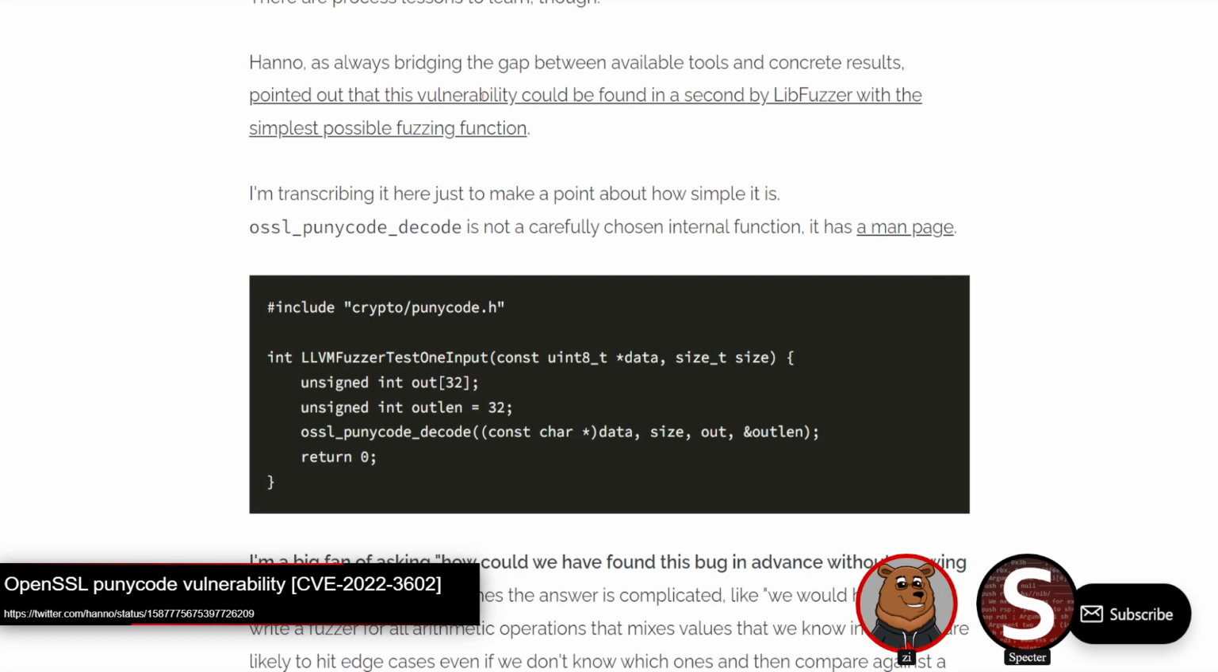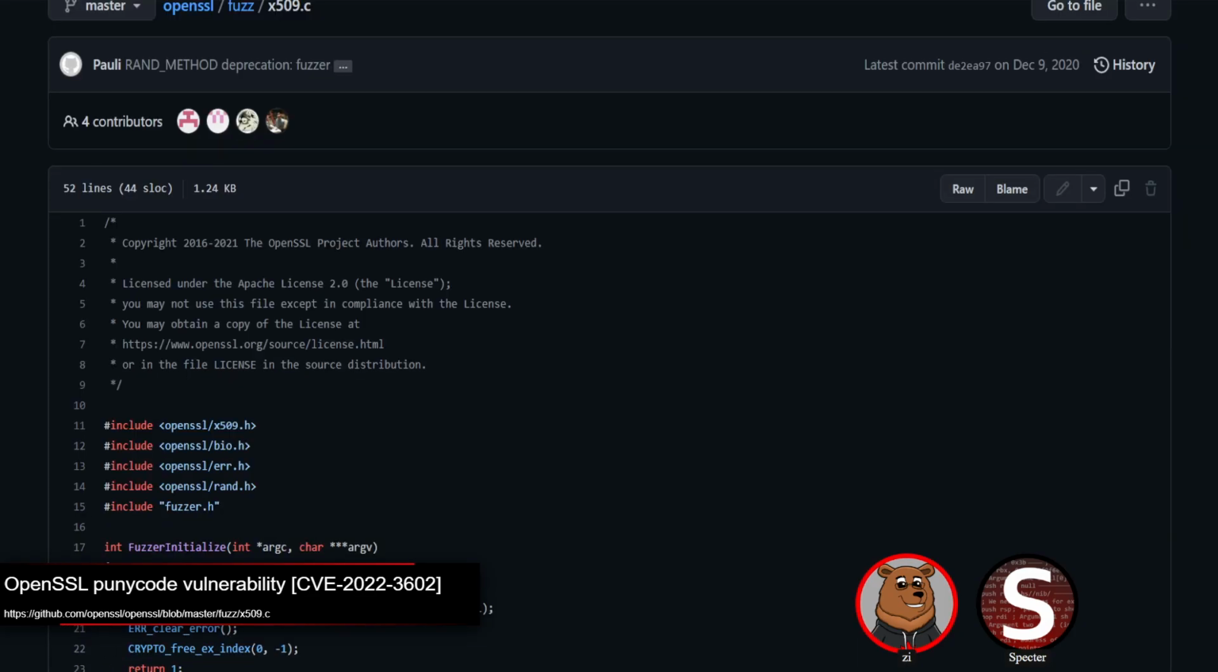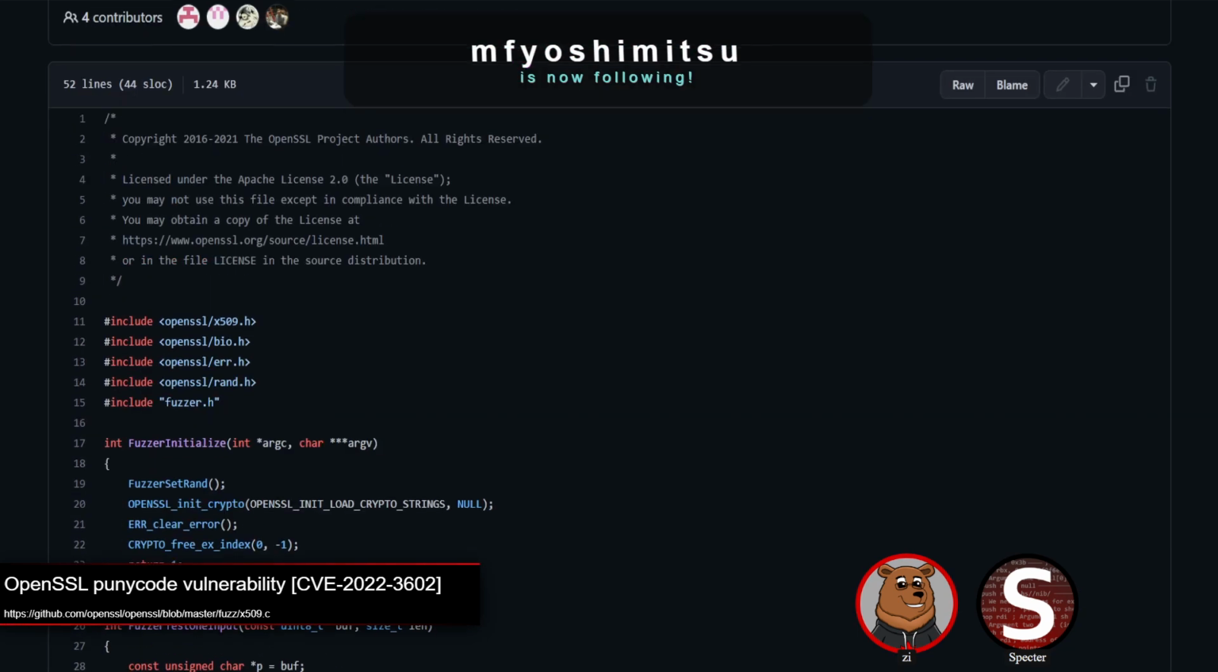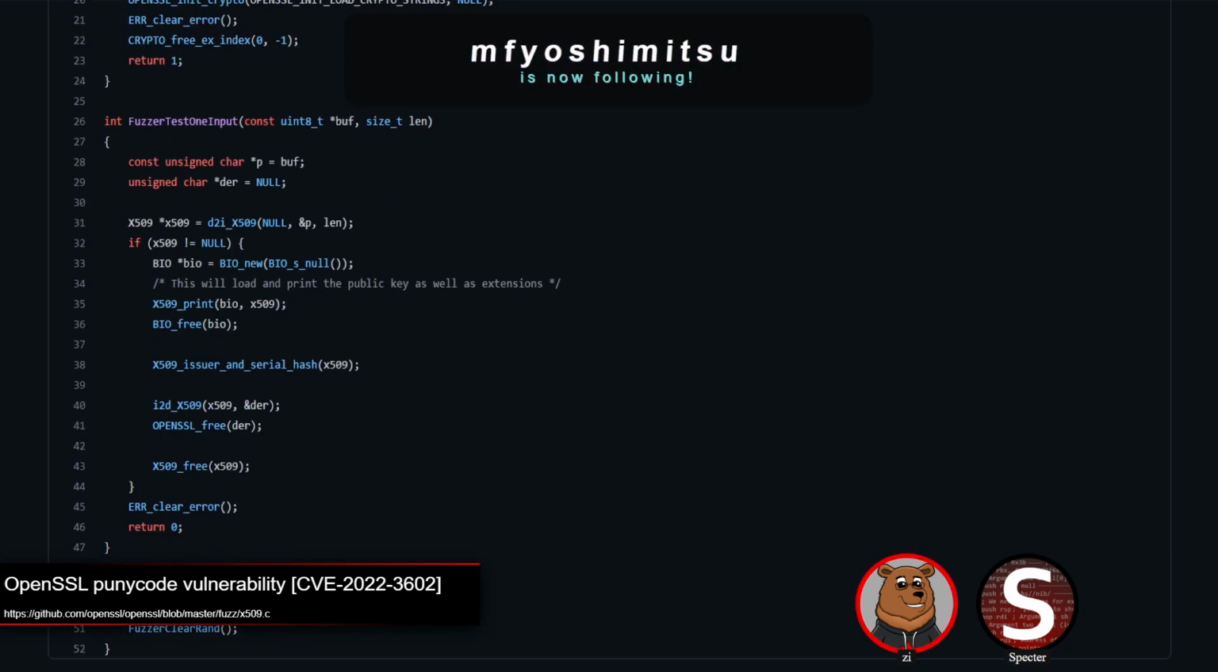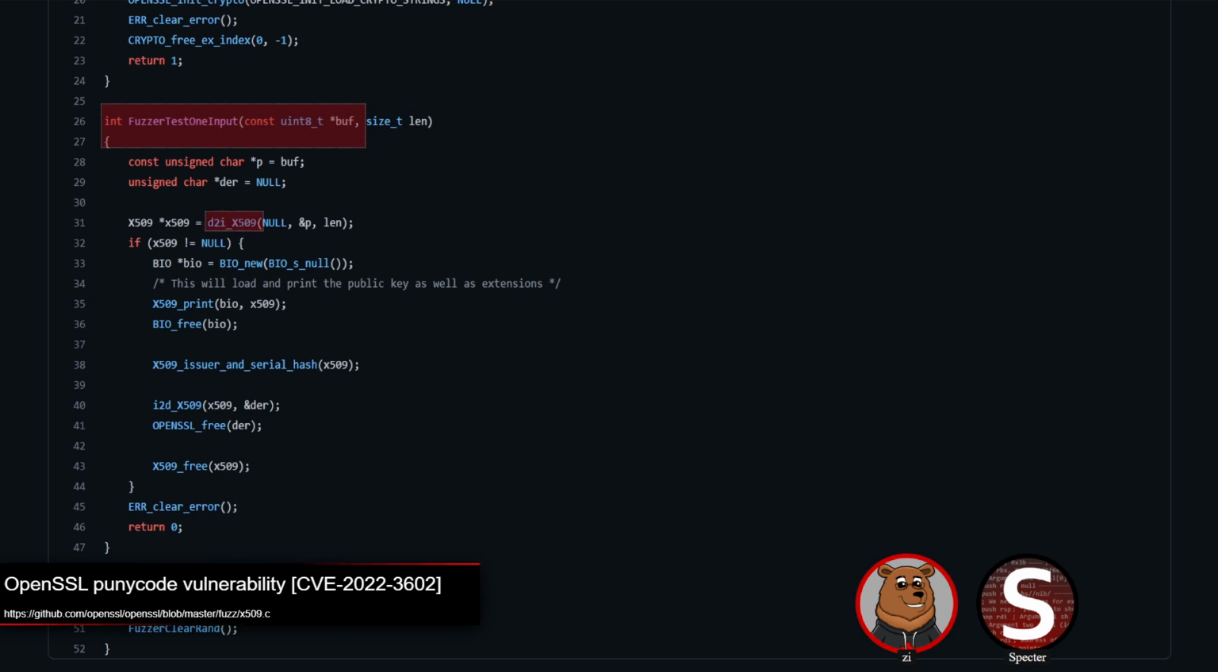I'll just pull up their fuzzer. Also using libFuzzer, although they have a different wrapper around it. Coming in at fuzz test 1. All they do for their testing is this d2i_X509, with the buffer coming in and passing the length there, and they do print some data, and they do i2d with it. Effectively, they just parse whatever buffer comes in as a certificate and fuzz that